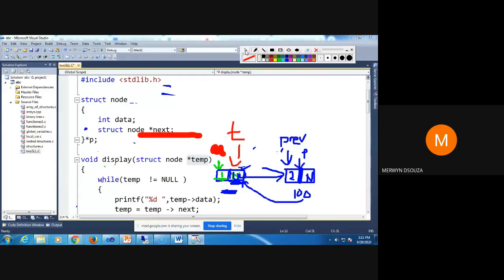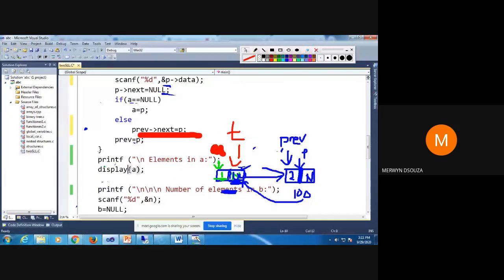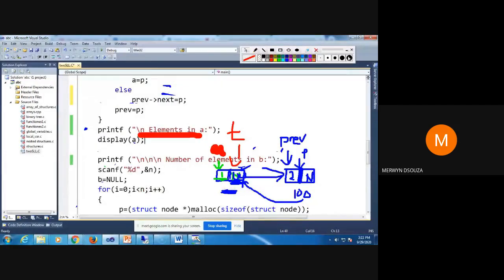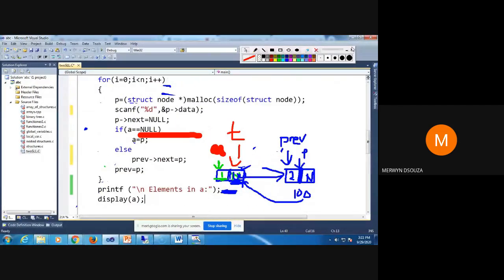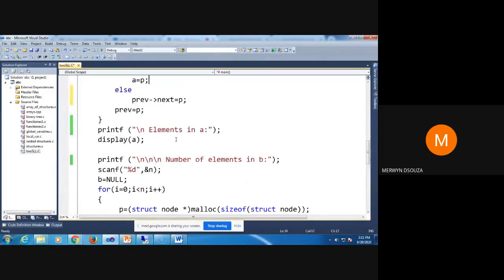And then the rest works like how we have already studied. The only difference is here in the parameter, where I'm passing the address of the first node. Why am I doing that? Because I've written the same function for B. Like I told you, this program is going to create two linked lists.